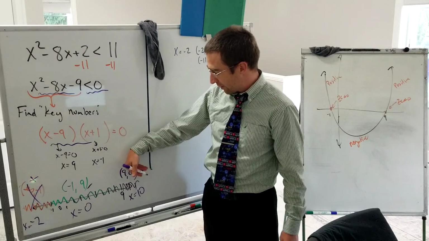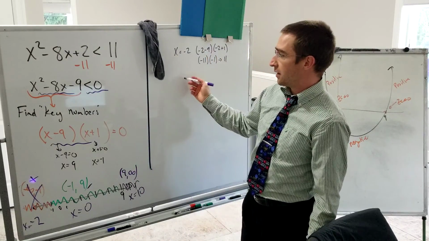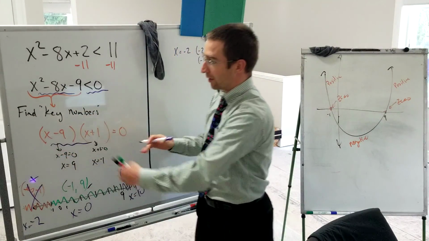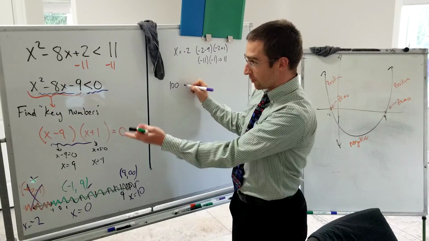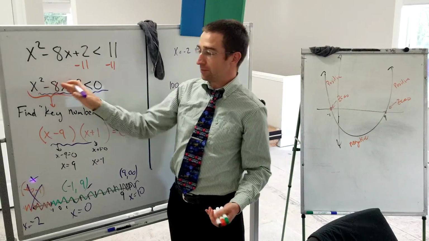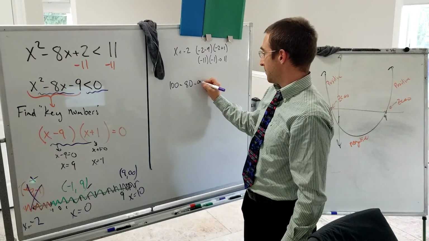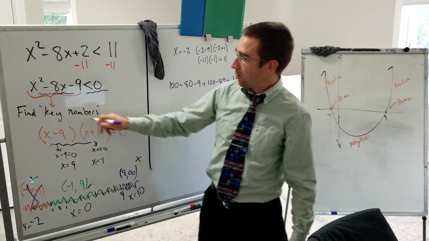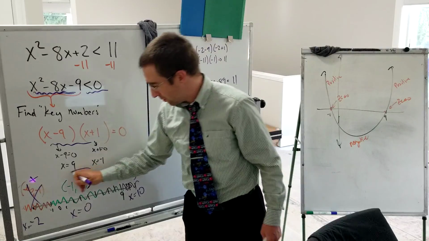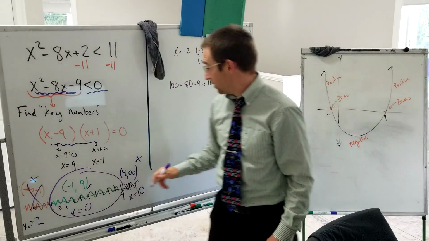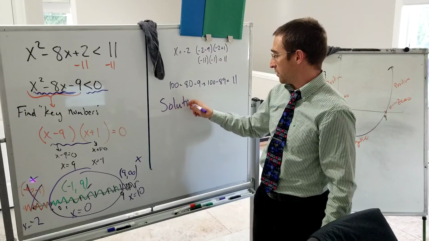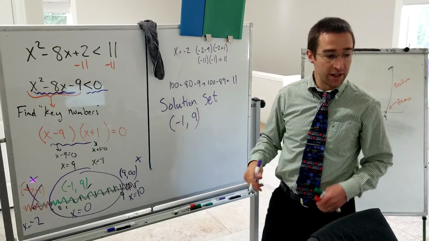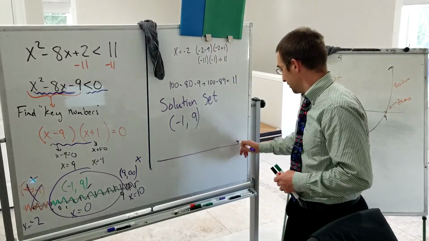And then if I pick a number greater than 9, so in this interval, like x equals 10, I can use either one, it works. We're going to get 11. We'd have 100, so 10 squared minus 80, which is 10 times 8, and then minus 9, so 100 minus 89, positive 11, so we're positive here. We want when this is less than 0, so it's this interval. So the solution set is from -1 to 9, and then the graph of the solution set would be